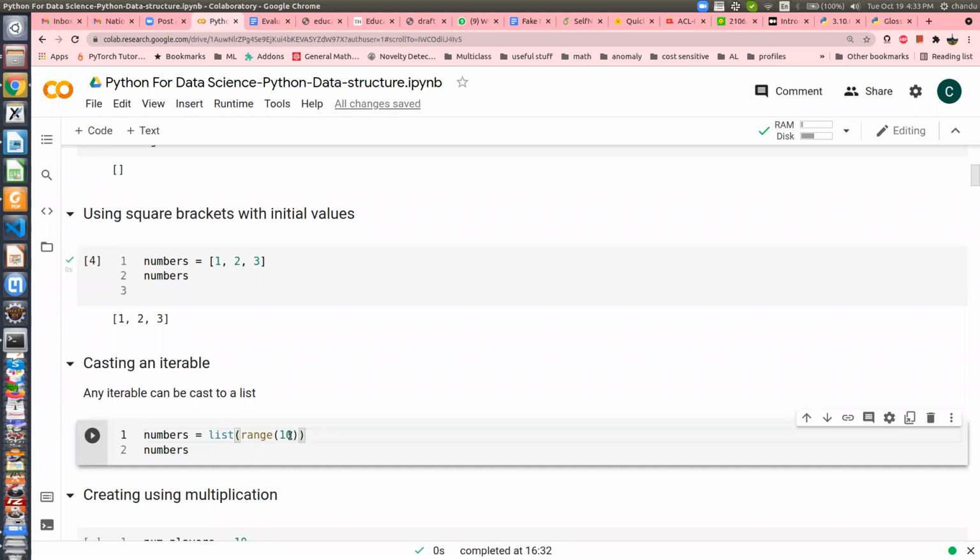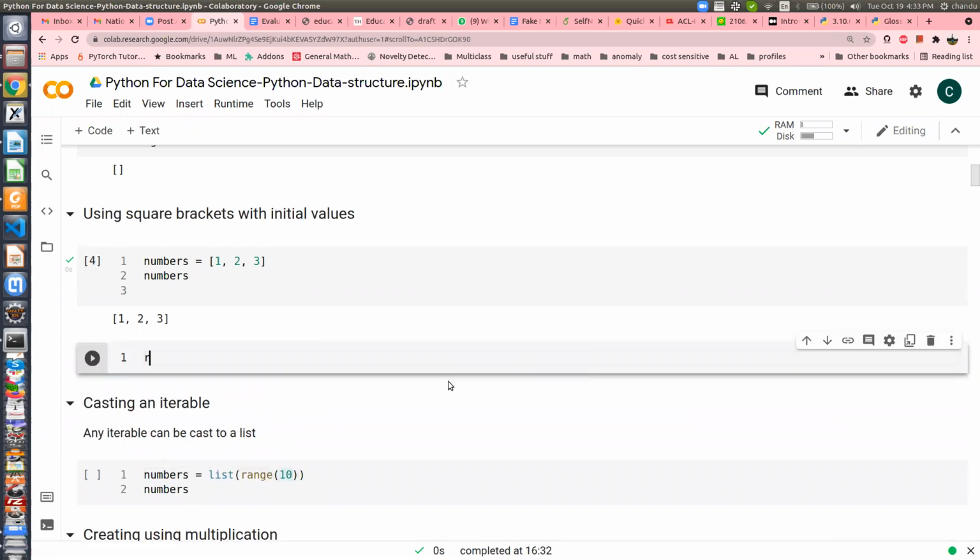So I want to create 10 numbers. I haven't specified what is the starting point, so it will start creating numbers from 0 up to 10 minus 1. Basically whatever is passed here tells how many items I want in my output. It's a Python built-in function. It's actually a generator, that's more advanced. So if you type just range 10, what would be the output of this function call? If I just run it, range 10, what will happen?